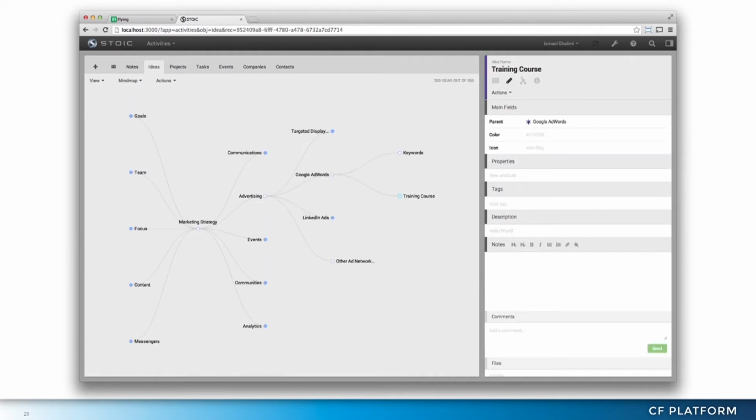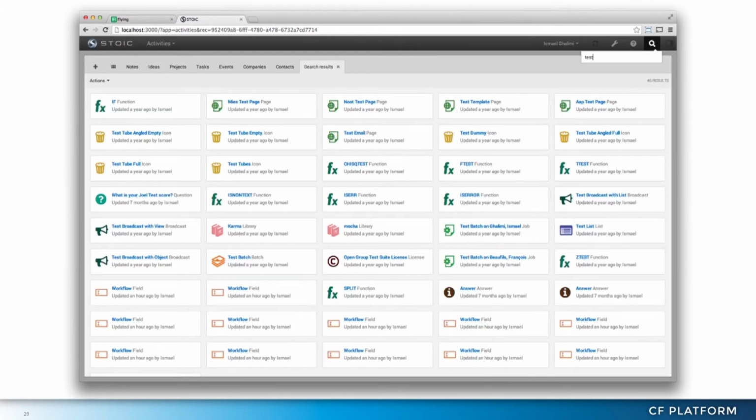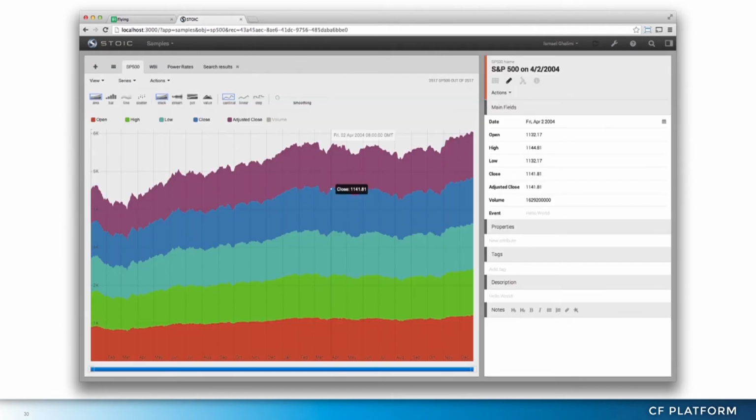This one is the mind map. That's essentially like MindJet MindManager. You turn a spreadsheet into a mind mapping tool. And it goes on. Underneath, there are a few databases, including Elasticsearch, that allows you to do full text search on pretty much everything that you put in there. And you can connect STOIC to your email to do the same. So you go there, type a keyword, and you've got the result across all the objects that are in the system. So you don't have any of the limitations of the relational databases.